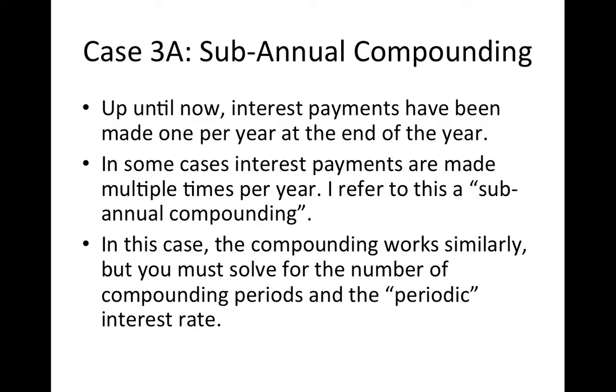Next thing that we're going to talk about is something called subannual compounding. Subannual compounding, this is a term that I use. I've not seen it used anywhere else, but I like trying to give you something that is a label that we can all understand. And so subannual compounding is simply the idea that instead of you getting your interest payments once a year at the end of each year, you're going to get them at increments of time that are less than a year. So subannual, shorter than a year.